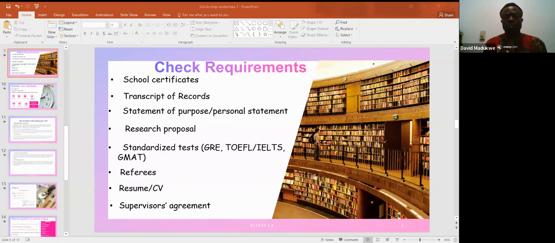You're not separating them. However, when you want to start a statement of purpose, you need to start from the personal statement section. Talk about yourself first before you navigate down to why you want to do the research. So the purpose of why you want to do research can be in the middle paragraph, while your personal statement can start the document or statement of purpose you are writing.